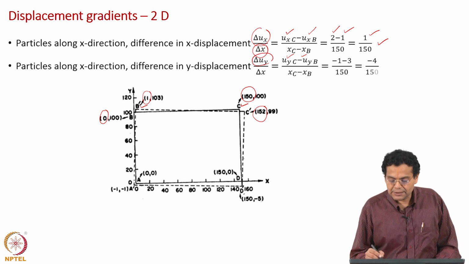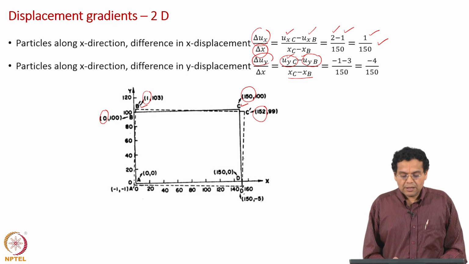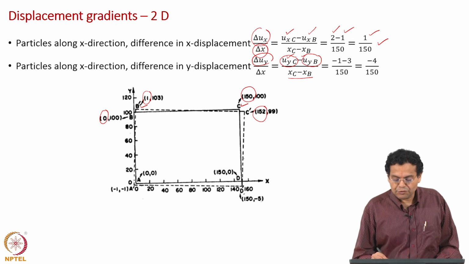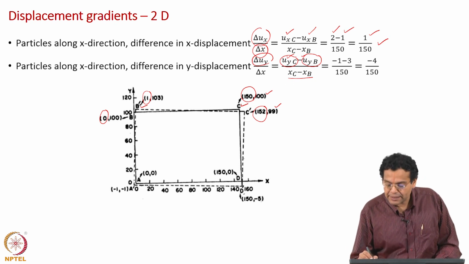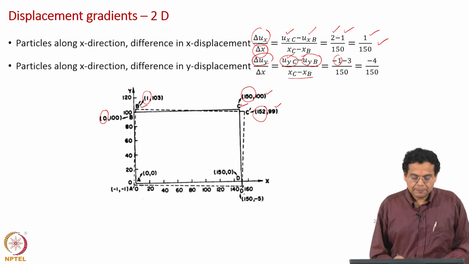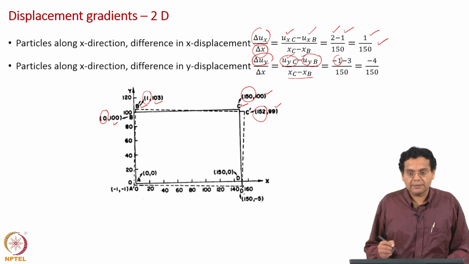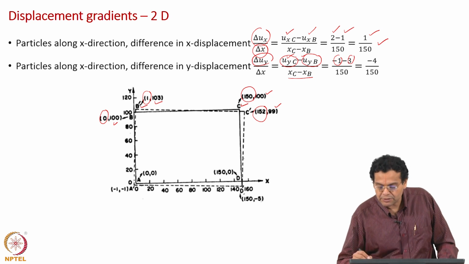Okay. So, which means that y displacement of particle C minus y displacement of particle B, and remember this once again, difference in the x coordinate only. Now, let us look at particle C. The y coordinate has moved from 100 to 99. So, the y displacement of particle C is minus 1, 100 has become 99. Look at particle B, 100 has become 103. So, the y displacement is 3 units, 103 minus 100, and you have that 3 here. Of course, we are looking at difference in displacement. So, that is why a minus sign here.